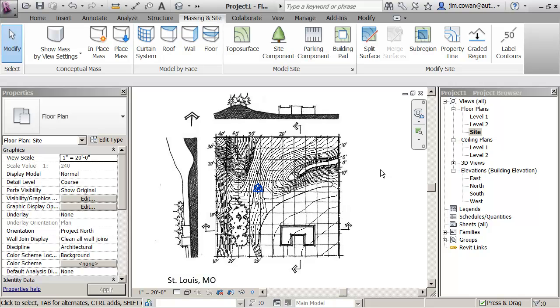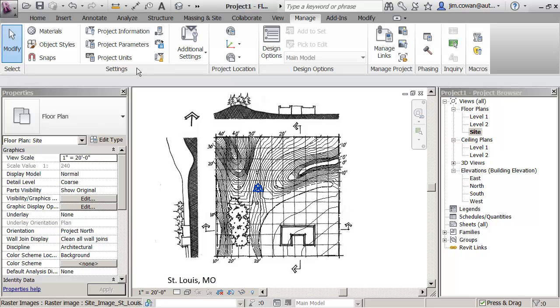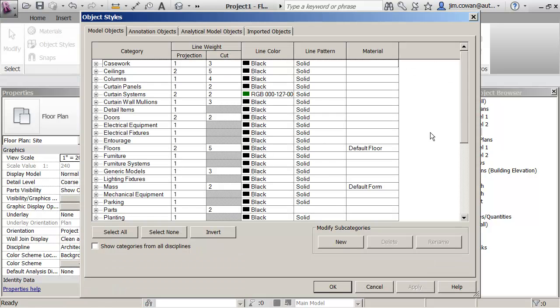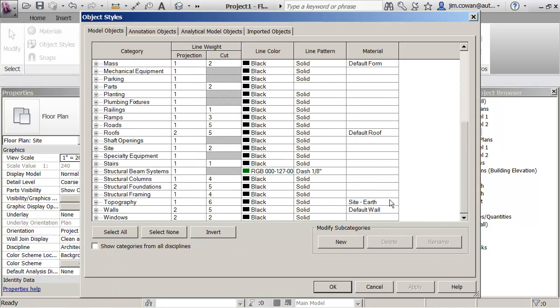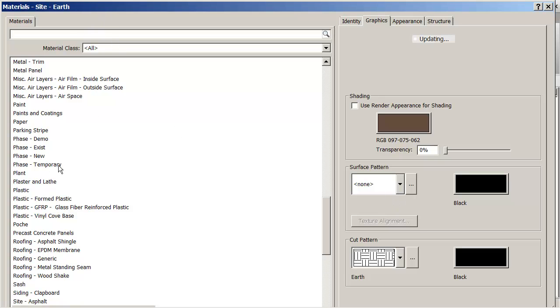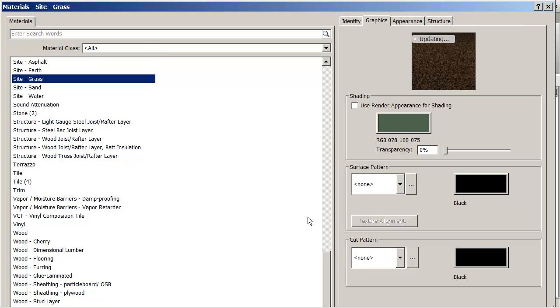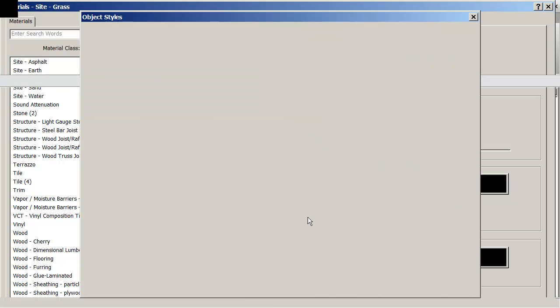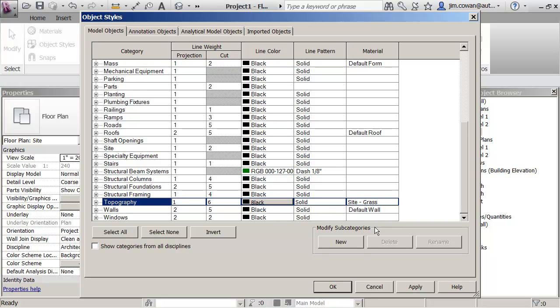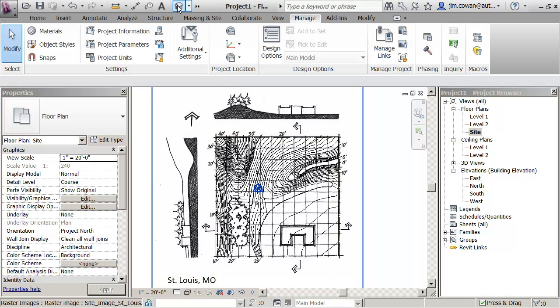I want to change the material. So if I go back to my manage object styles, the topography was site earth, and what I'm doing is I'm changing that to make it site grass. So I'll click on the option there. Let me just scroll down to see this, site grass, and then I'll hit the tab key and enter. So I'm now done with site grass, and okay, to apply it,